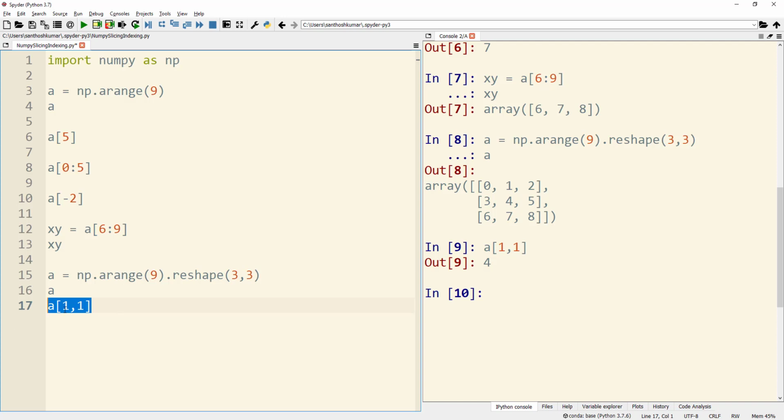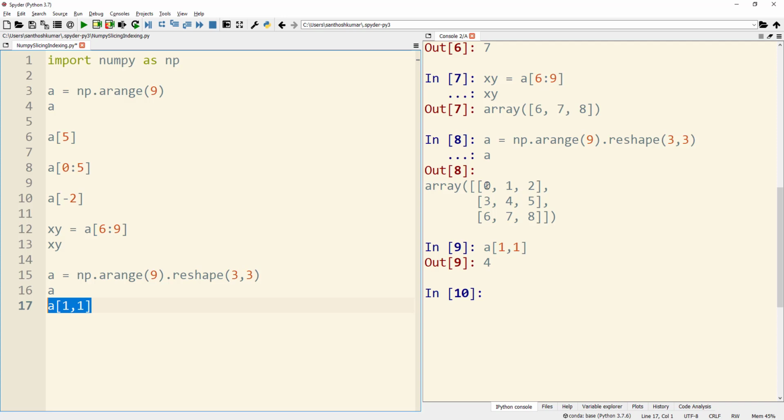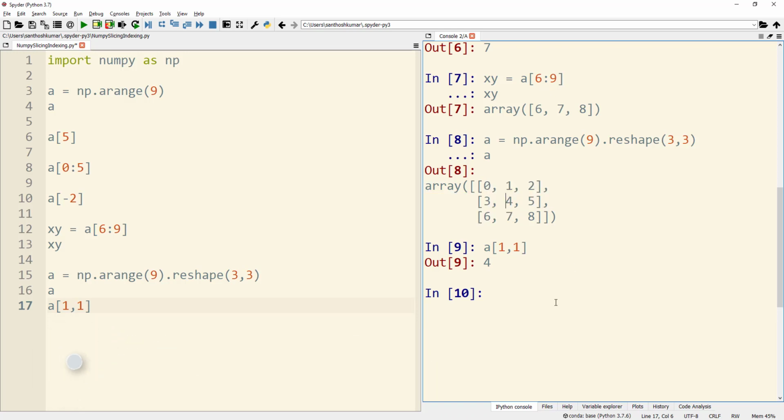So this 1, which is to the left of the comma, is the row, and so it is checking for the row with index number 1. As usual, the first row will be having index 0, second row is having index 1, and likewise this 1 is the column. So it is going to check the column with index 1. So the first column is having index 0 and the second column is having index 1. So that's how 4 is taken as output.